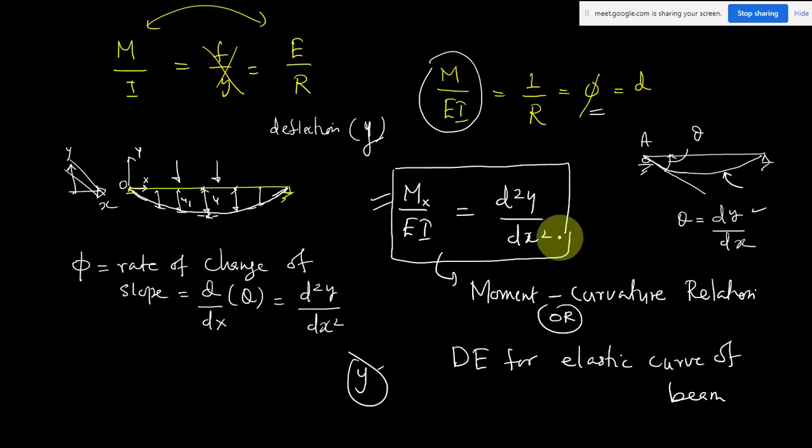Okay, so this is the starting point of your double integration method. This is the basic equation. I hope you understood this equation. Very briefly I explained, but I have covered everything. This is the simple equation, the moment curvature relation. It is coming from pure bending. This double integration equation comes from pure bending, and using this equation we are finding the deflection. So what is your conclusion?